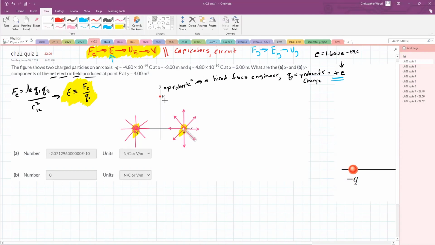However, from Probert's point of view, Probert does not care about any of these electric field lines except for the ones that happen to be encountering Probert. So of all these electric field lines right here, I don't care about any of them. Probert is not affected by any of these except for this one, I'll draw it like this, this electric field line that happens to be flowing in right there. This is the one and only electric field line that Probert is exposed to due to this left side source